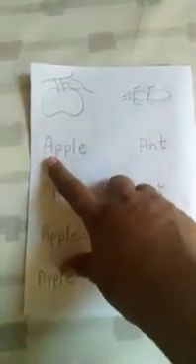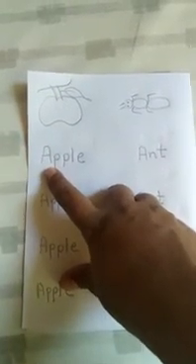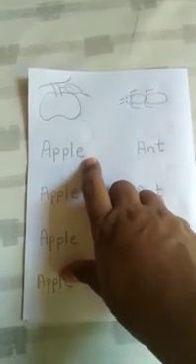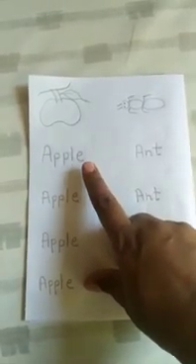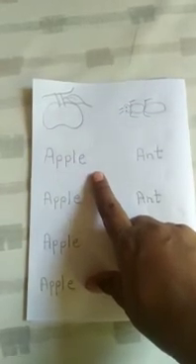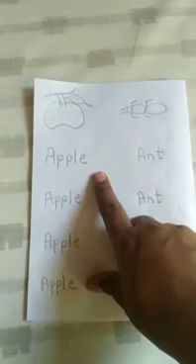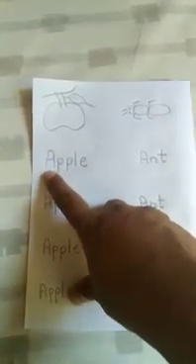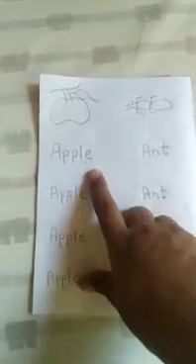I have written here, the first letter is a capital letter and rest all letters are small letters. Since you are practicing, you are doing revision at home, learning small letters. So this will help you to write in a better way. So the first letter will be capital, the rest all the letters will be small letters.